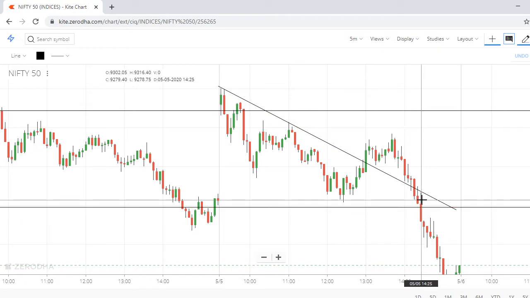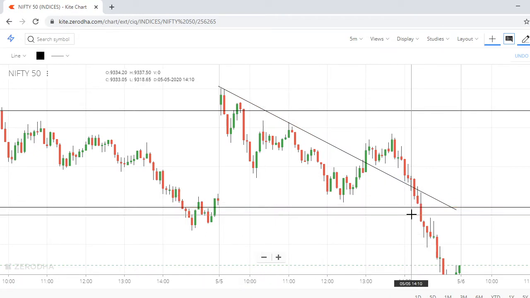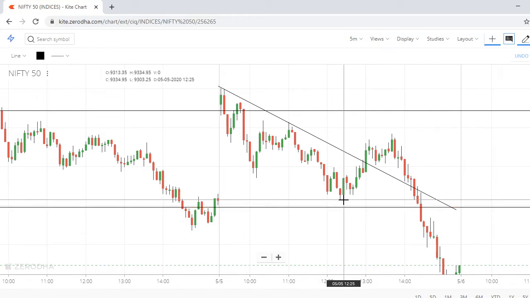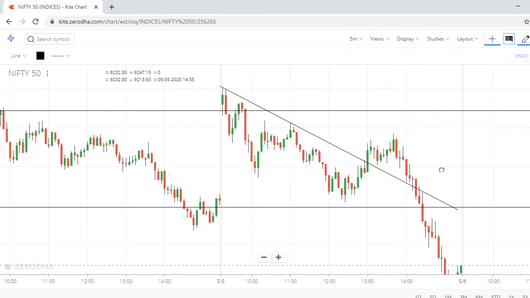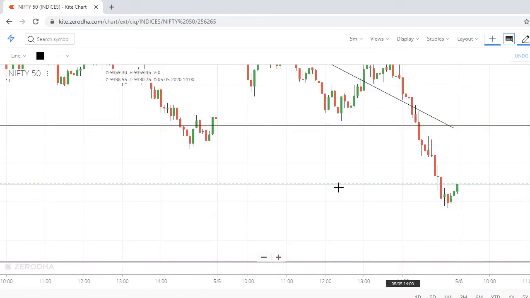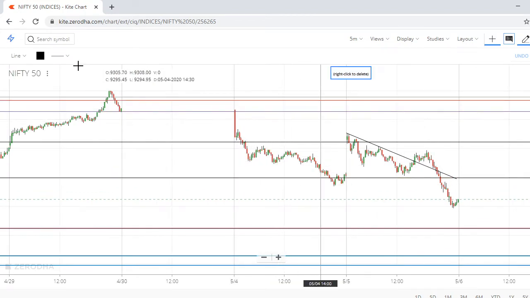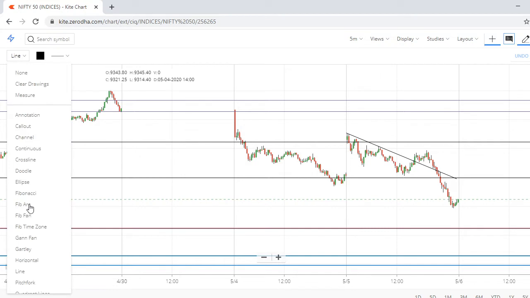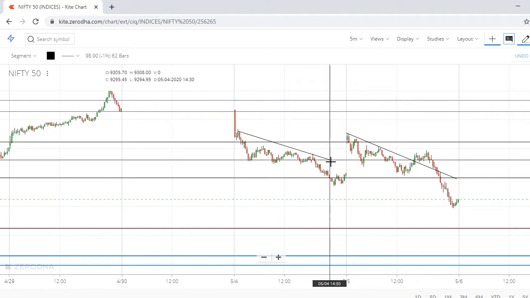Again, the support I have broken with good volume. See, till now it is acting as support, but there it acted as support. The support was broken here with good volume, good momentum. Okay, look at the fall, beautiful fall. Even compared to yesterday there is a clear cut. See, you draw the line or segment, how nicely it is going.